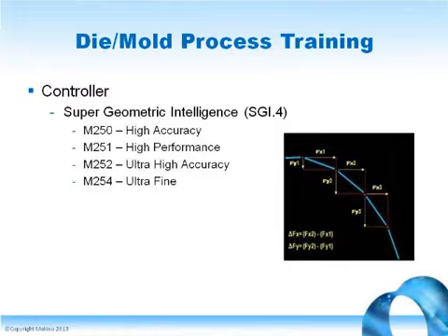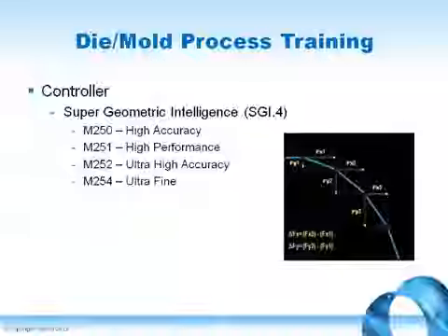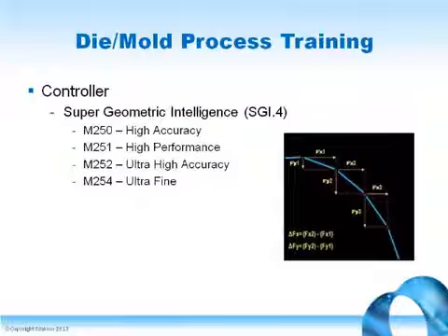M254, ultra fine mode. This is an optional M code. Used mostly for 5-axis applications, it is best where dimensional accuracies and surface finishes are critical. Ultra fine mode adds additional machining time over fine mode. This is a key technology that we spend some time explaining to the class so everyone gets a good understanding of how to utilize this function.